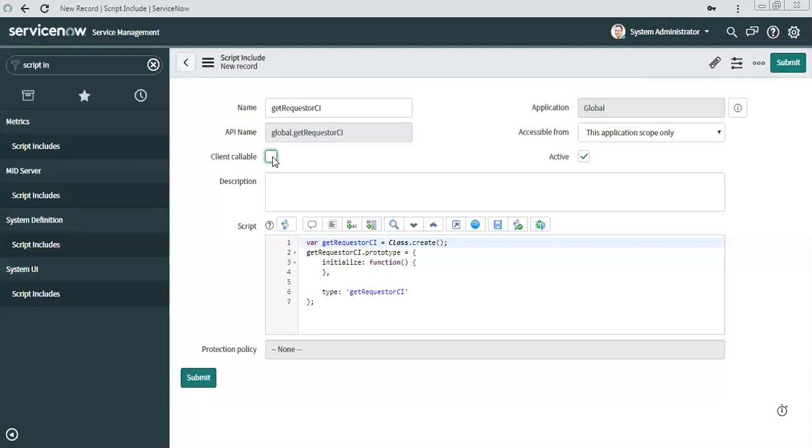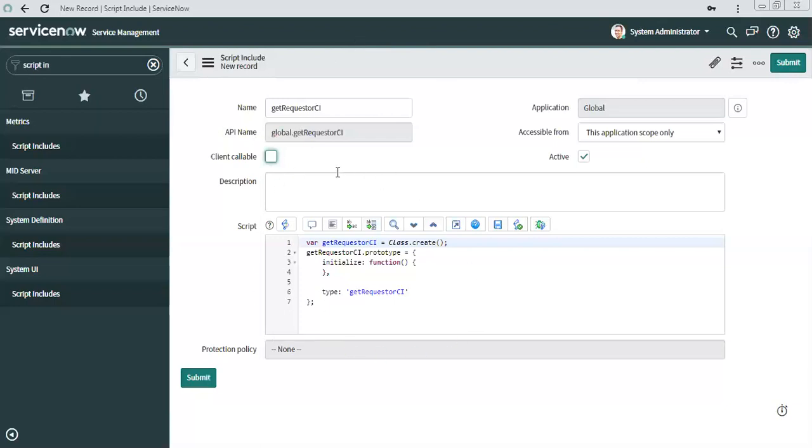There are many cases where, like 300, 400 lines of code, it's recommended not to write that code in business rule or workflows, put it in script include and call that script include from there. Or maybe there is a code which you want to use in 50 business rules, or in 50 applications. So script include provides you reusability as well. If you start writing that in business rules or anywhere, you will write the same code multiple times. But if you put that code in script include and just call it, it will be just a single line. Okay, so understood, it enables reusability.